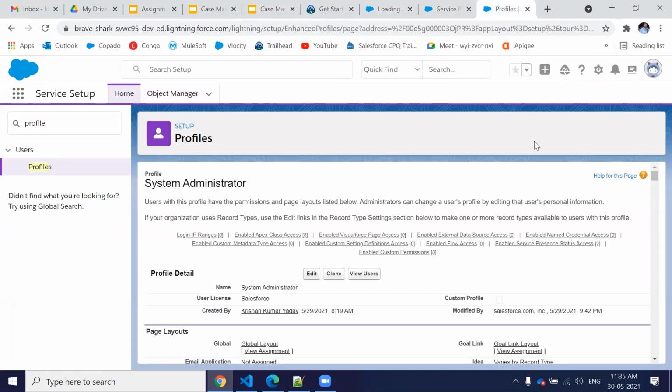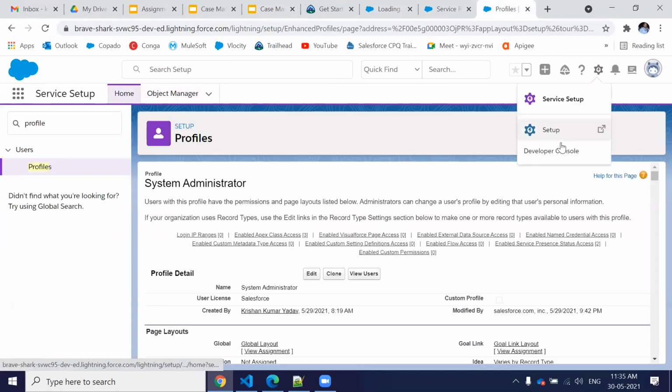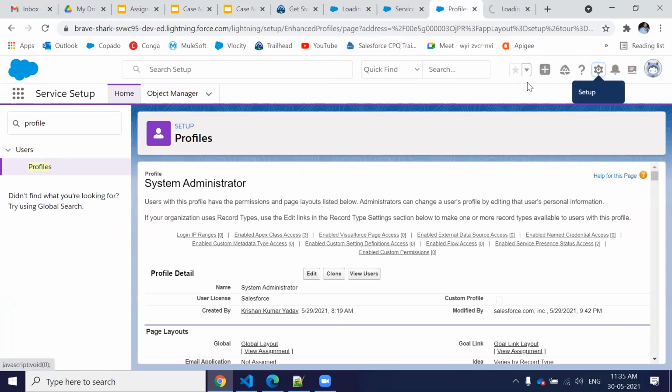Whatever I'm going to do now, you will get the idea of what I'm doing, because I already wrote the code, and I'm just going to explain what is happening there.